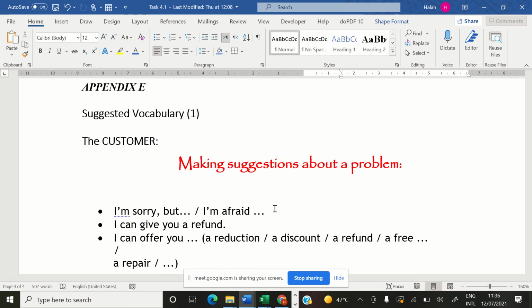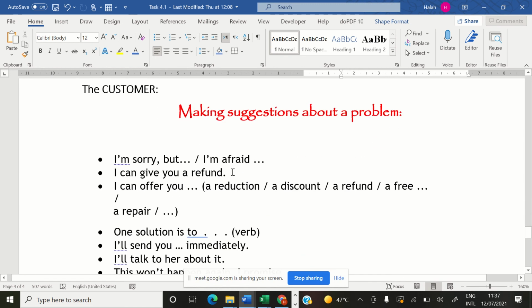So we said in dealing with complaints, you have to show your sympathy with the customer. So I'm expecting phrases like "I'm sorry," but then you have to explain the problem. "I'm afraid..." This is how you could, for example, say "I'm afraid the spa department is closed at this time." How you would report the issue and keep the customer calm.